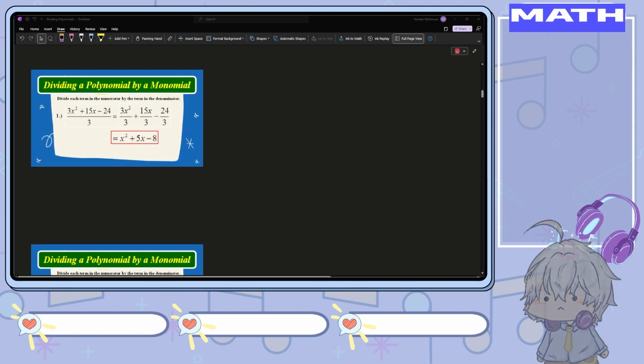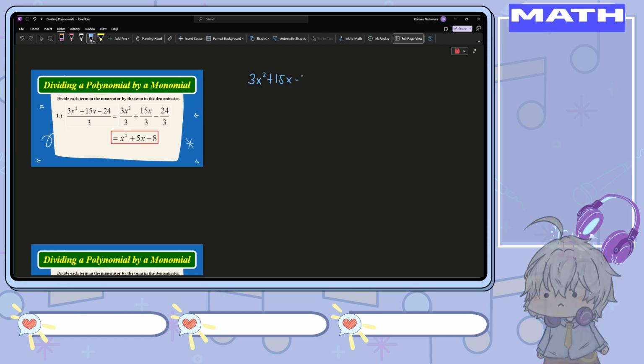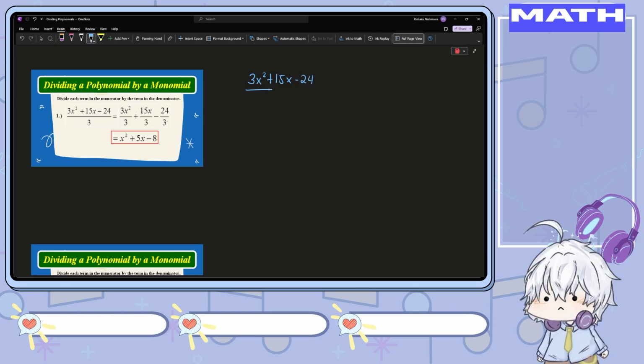And with that, let's move on to how we now divide a polynomial by a monomial. Earlier, we just divided a monomial by a monomial. But in this case, we need to divide a polynomial by a monomial. First, let's write the given: 3x squared plus 15x minus 24 divided by